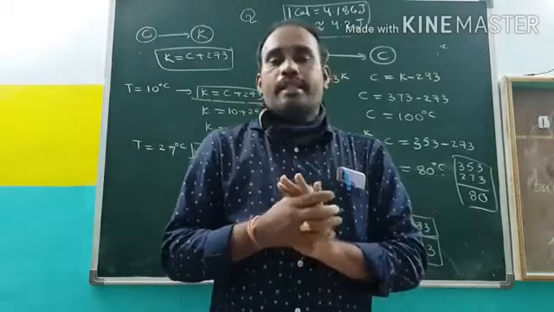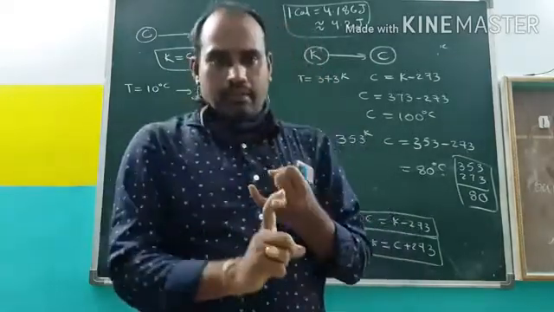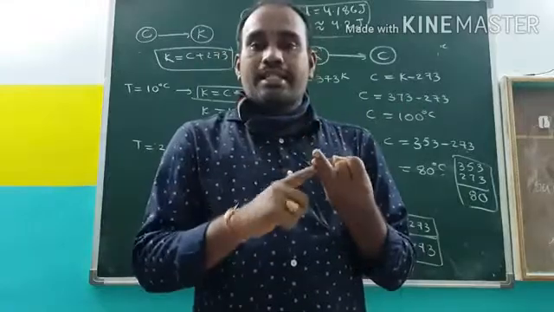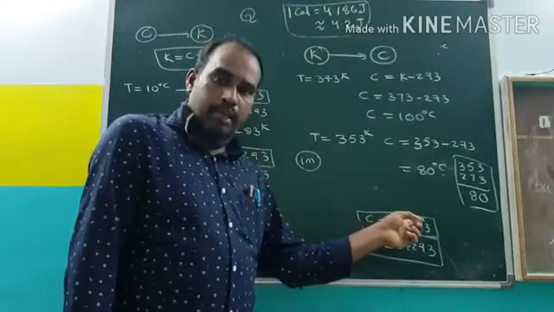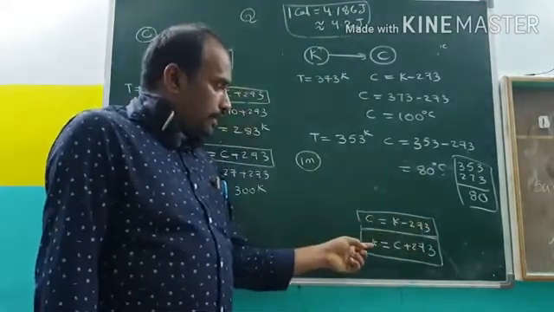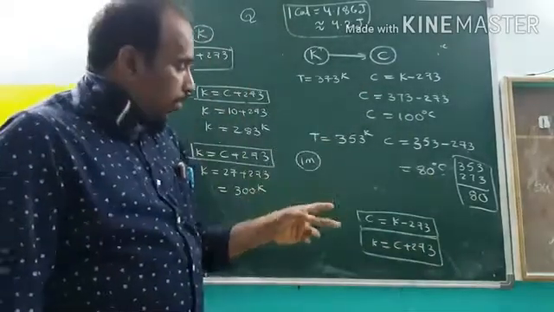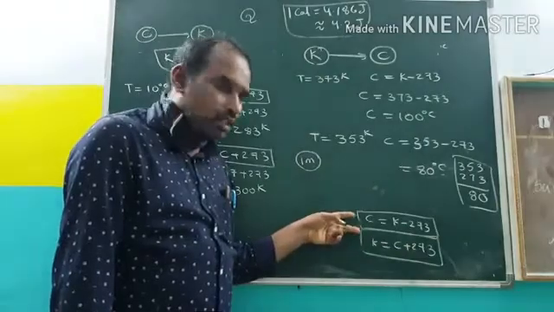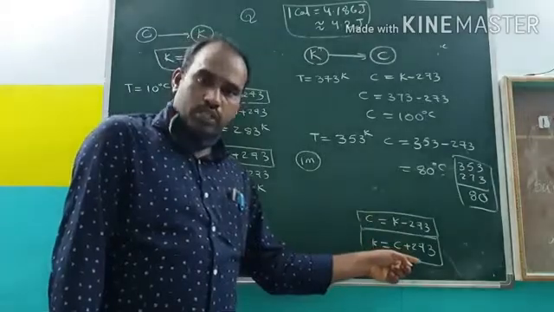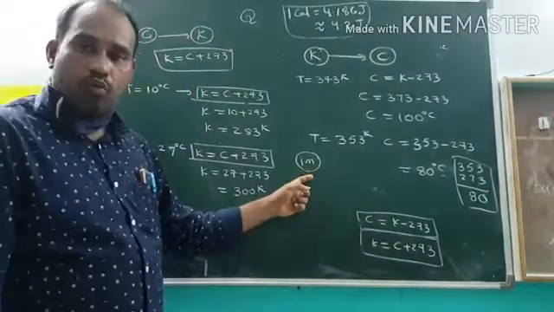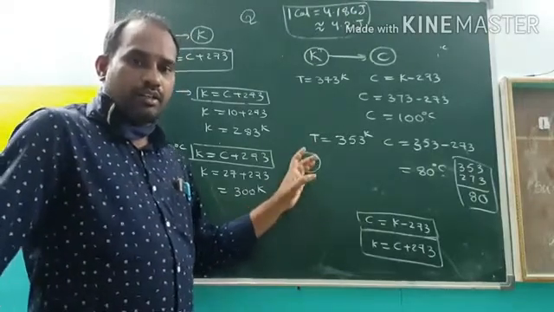Okay, are you clear? How many scales of temperature are there? Mainly 2: one is Celsius, another one is Kelvin. What is the relation between Celsius and Kelvin? C is equal to K minus 273 and K is equal to C plus 273. In the entire topic, remember the two formulas: C is equal to K minus 273 and K is equal to C plus 273. We get a 1 mark question in the SSC public examination. Clear? Thank you.